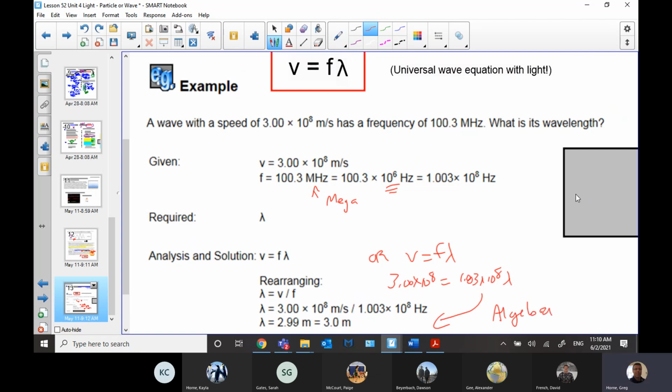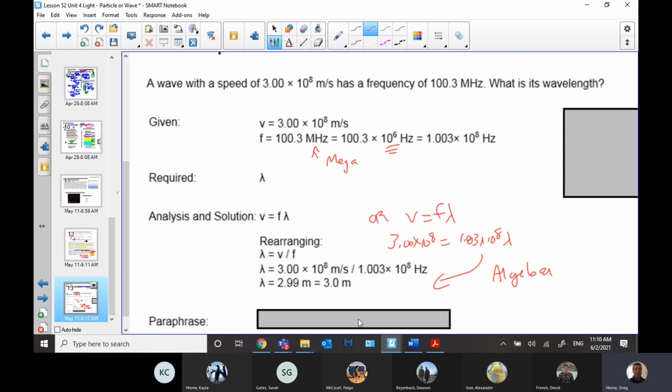Hopefully algebra is your friend. It allows you to get answers. It's coming out as 2.99. What do they do here for random? 3.0078 divided by 1.003 times 10 to the 8, giving 2.991. I would argue that should have been left as 2.99 if we're keeping 3 significant digits, right? So to me, that's the better one there, 3 significant digits.